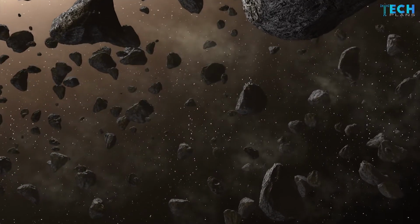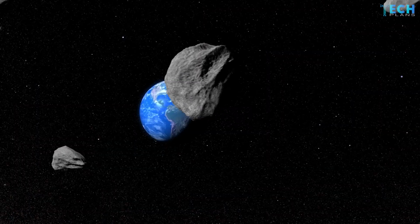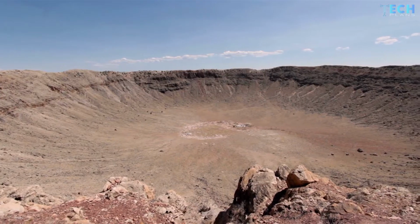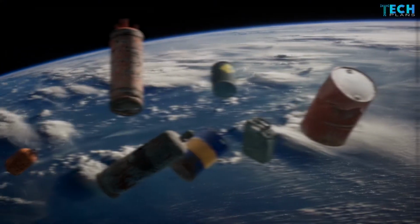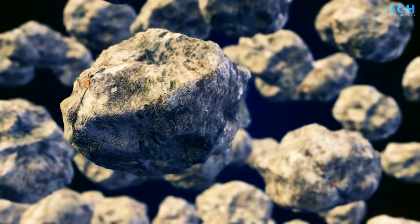A little fun fact: the differences between asteroids, meteors and meteorites are that asteroids are always found in space. Once it enters the atmosphere, it becomes a meteor, and then after it hits the ground, it's called a meteorite. Essentially, they are the same, but the difference is when they are being observed. So what the news reports to be space debris are actually meteorites, but they were once asteroids floating around in